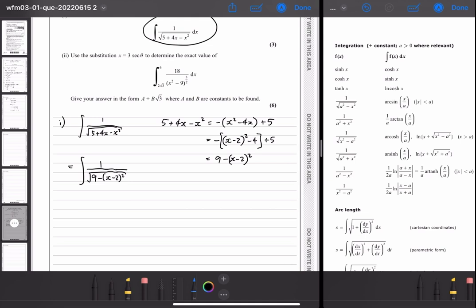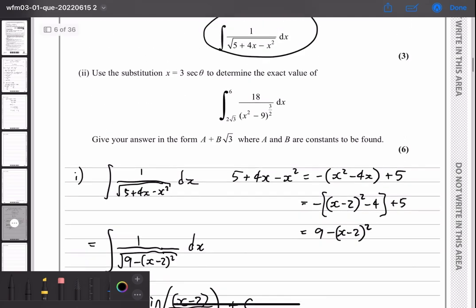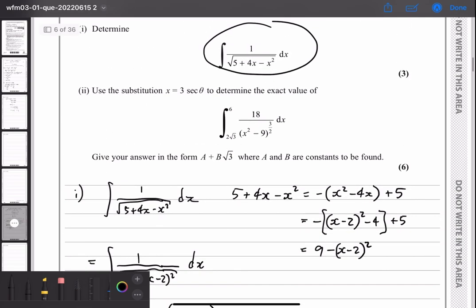So over here, if we integrate this, lose my dx, we should have arc sine of x, which in this case is x minus 2, over a, which is the square root of the 9, so that's a 3, and all of that is inside the arc sine. And then plus c. And that is part I finished. Part II